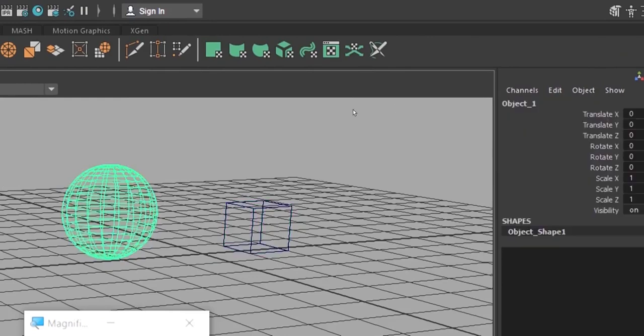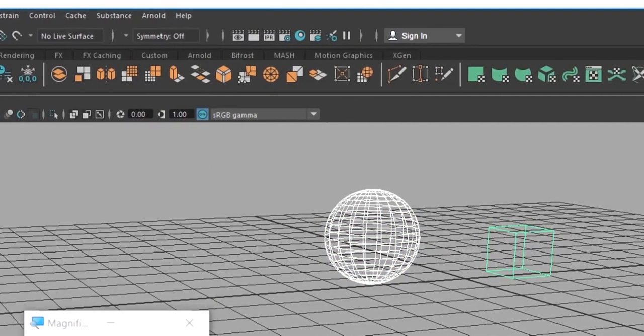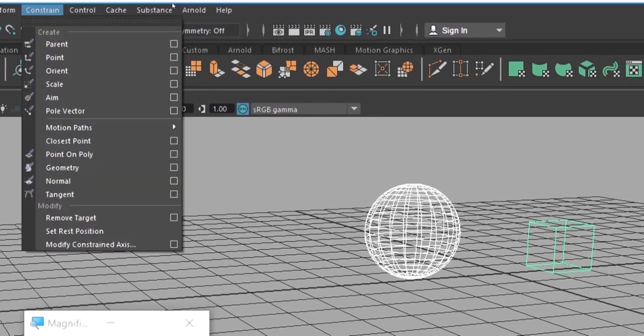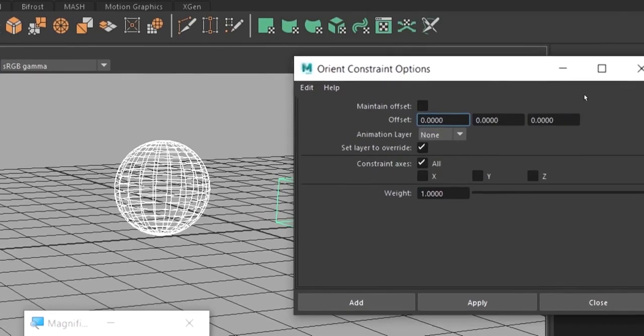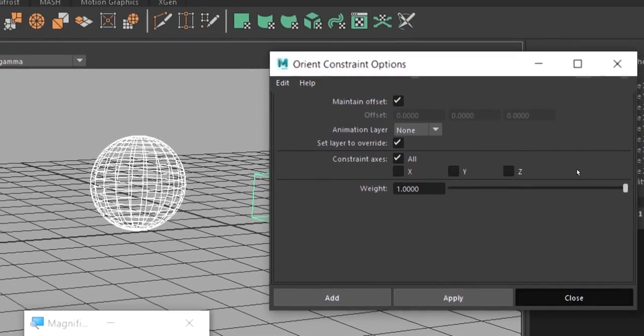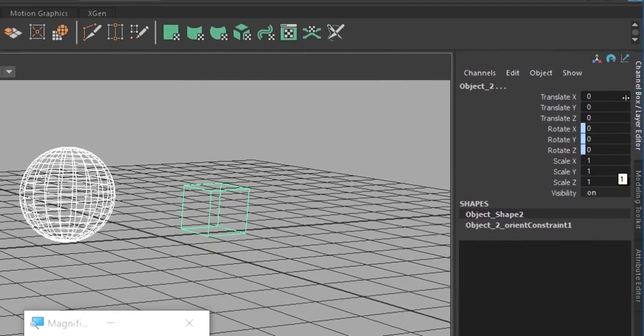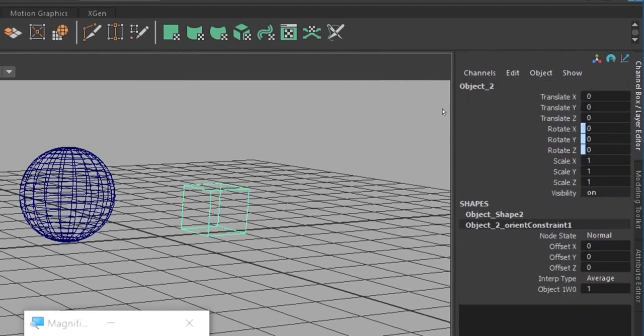Yes, okay, select this object, object 1, shift select object 2, go to constraint, go to orient constraint, maintain the offset, give apply and close. You can see the influence in the child or the secondary object. Only the influence is on rotate X, Y and Z.